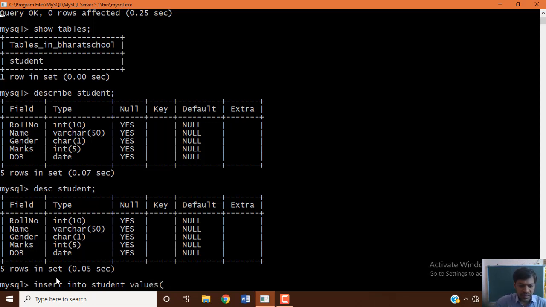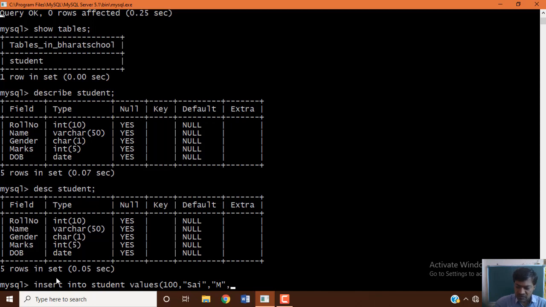Insert into student values. Roll number 100, then name, which is alphabets, you must enclose with quotation marks. Then gender also, which we took as character, which means again you need to enclose it with quotation marks. Male or female.